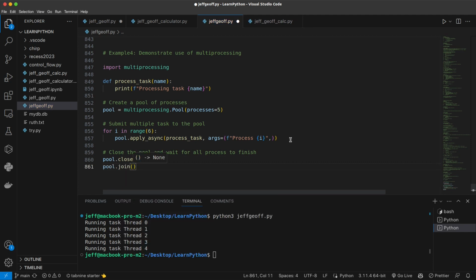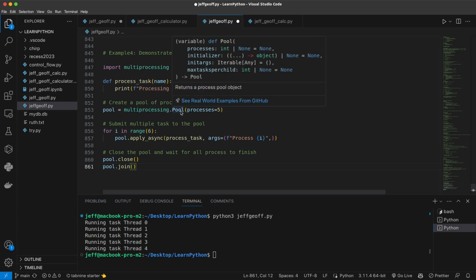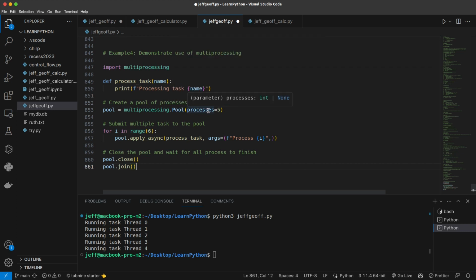So in this example, a multiprocess is created using this multiprocessing.Pool process. So we have about 5 processes that we want it to execute. Now this is the Pool class. Okay, now with a specified number of processes, which we indicated as 5, multiprocesses are submitted to the pool using